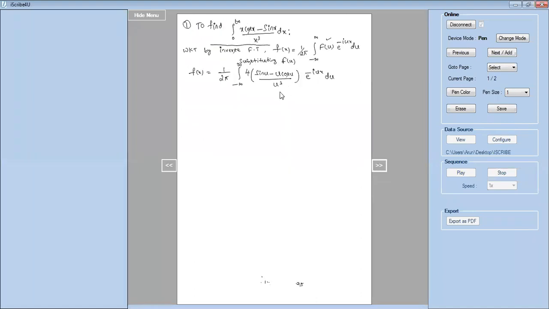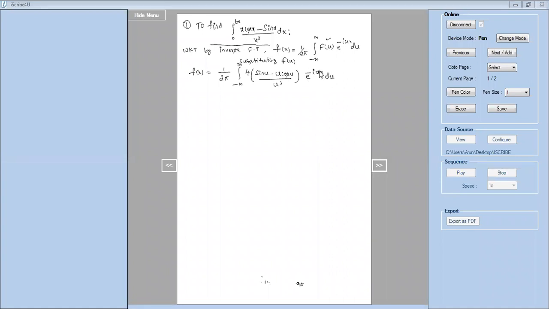Substituted F of u. So now, to find the value of this, you have to put some value for x. Now can you tell me what is the value of x we can give here to get this integral? Just compare this integral with this. Here e power is there, here e power is not there. Correct? So e power is not there means this term has to be eliminated.